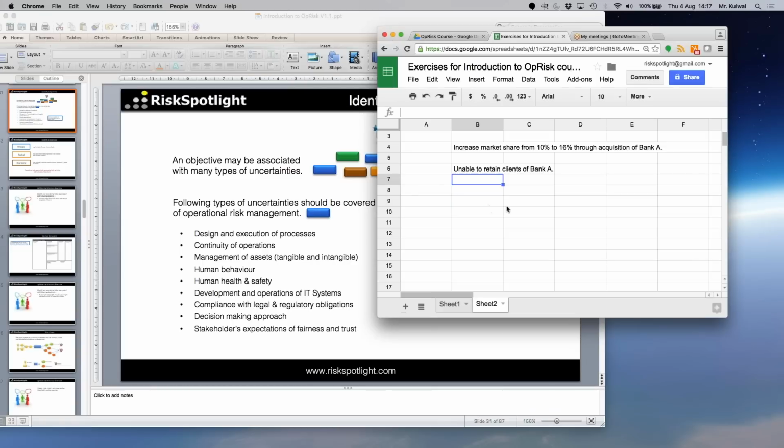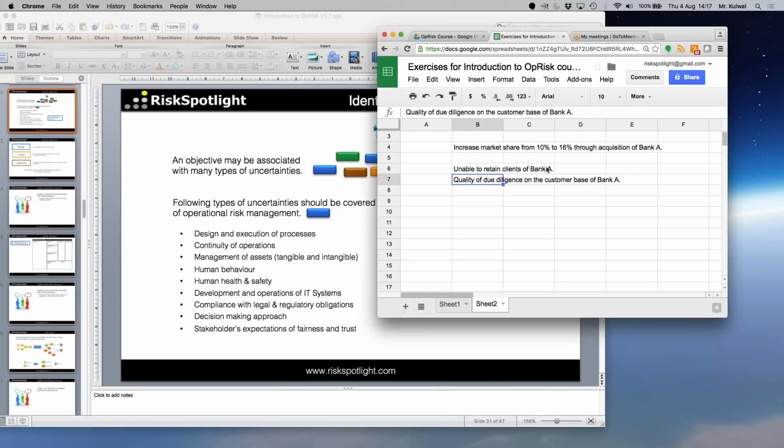Due diligence not completed correctly. Okay, yeah, so that could be because due diligence is a process. So due diligence on the customer base of Bank A. We don't necessarily want to be negative, we'll just say the quality of due diligence, because then it can be good, it could be bad, so it could be either way. So yeah, we want to make sure that they actually have the customers they are saying,